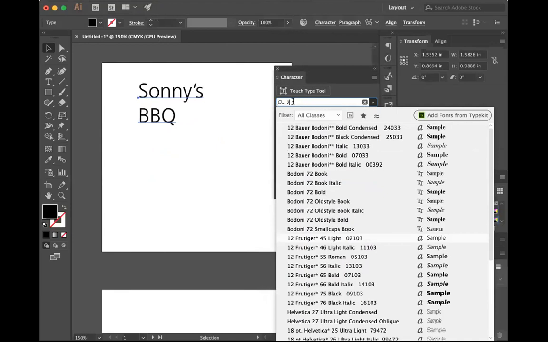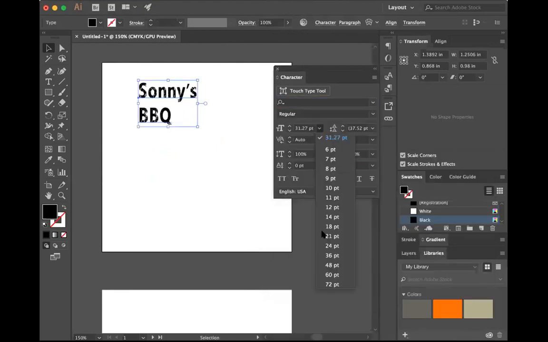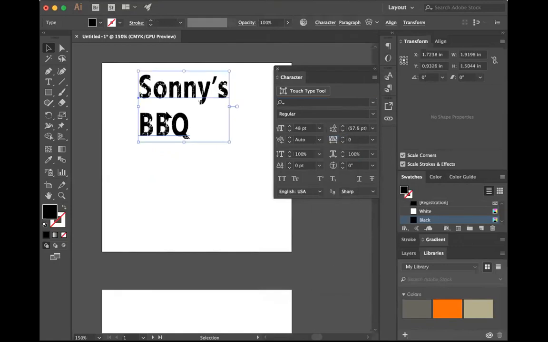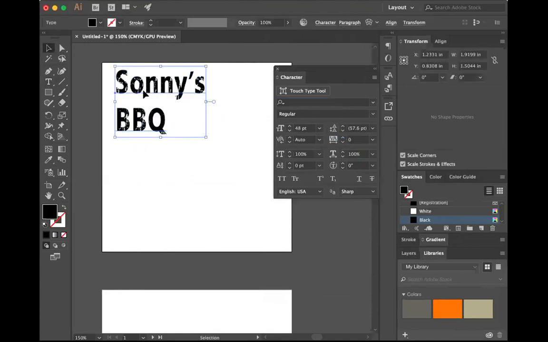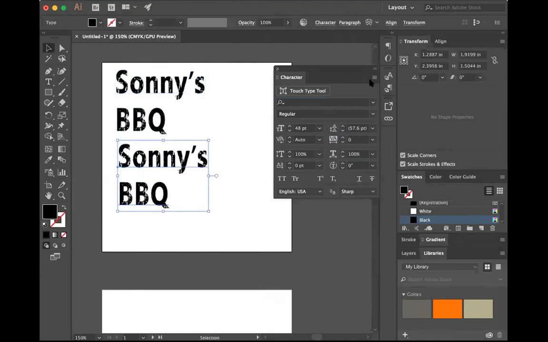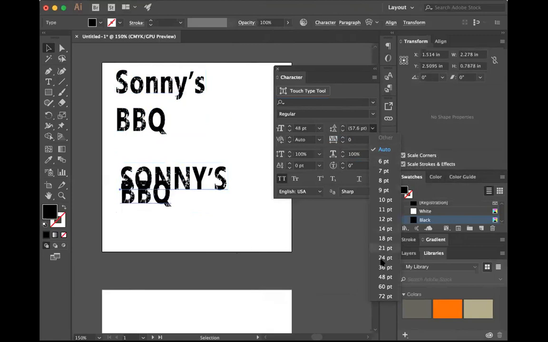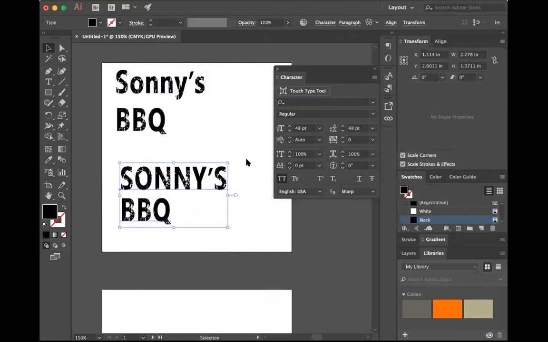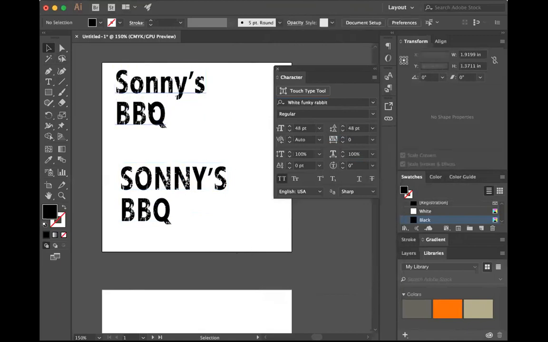Did it not download? Okay, let's try the white one. White Funky Rabbit was one of the ones that I looked at. All right. Then try it in all capital letters. See what it looks like in all caps. Maybe one's all caps, the other one isn't. I'll play around with that. I like that one.